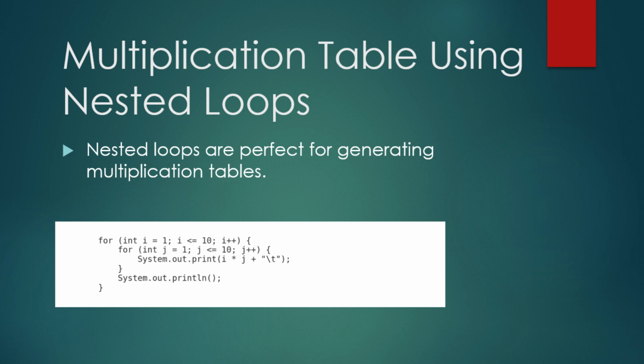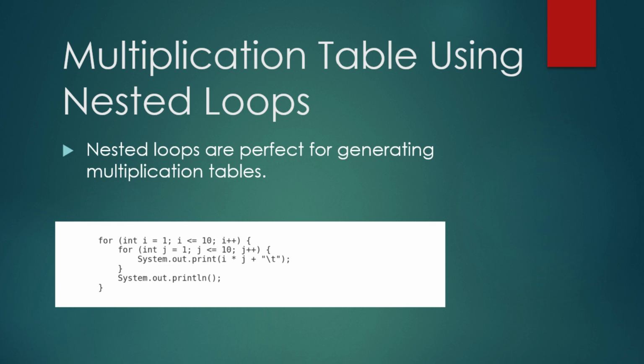Generating a multiplication table. Using nested loops, we can print out a full table of multiplication results. for (int i = 1; i <= 10; i++) { for (int j = 1; j <= 10; j++) { System.out.print(i * j + "\t"); } System.out.println(); } In this program, the outer loop runs from 1 to 10, representing the rows of the table, while the